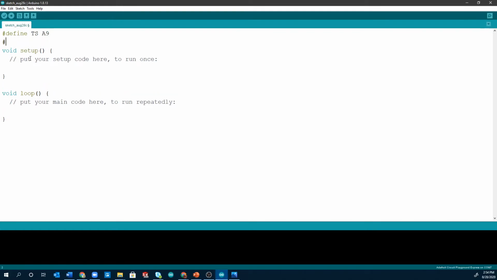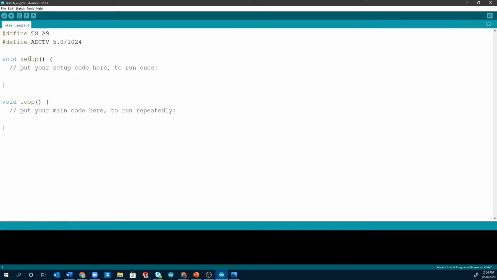In addition, we're going to define our ADC number to voltage, ADCTV, as 5.0 divided by 1024. This is going to allow us to convert to voltages. So the setup on this is going to be relatively easy, although we are going to use the serial monitor to display our output. So I'm going to start with